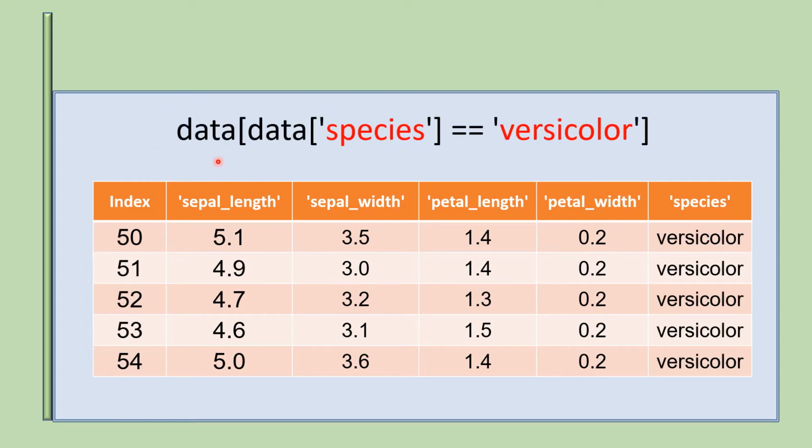In this particular example, we are satisfying the first condition that we spoke about. And how to read it? It goes like this. There is a data frame by the name data, and within that data, there is a column by the name species, and over there, please fetch us all the observations that are equivalent to versicolor. And based on this condition, we will be getting this subset of data.